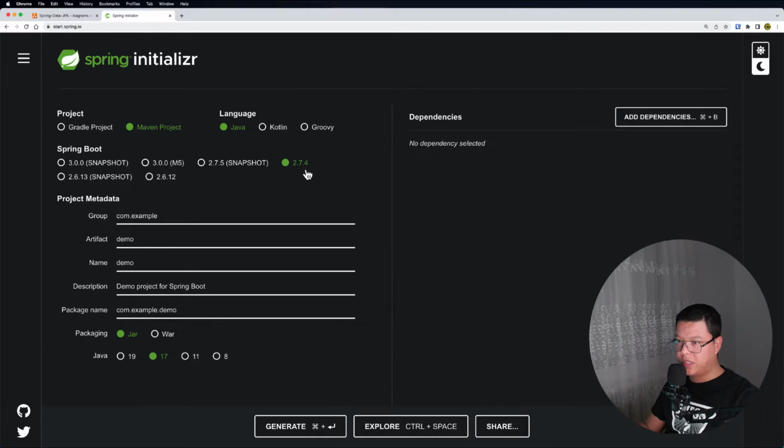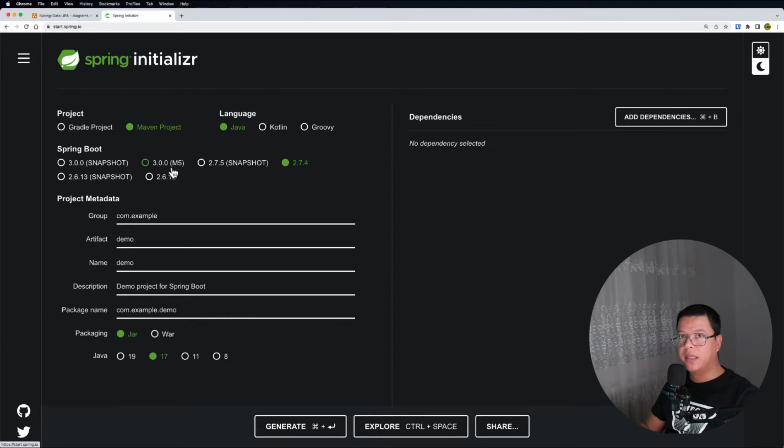Next, at the time when I'm recording this video, the version is 2.7.4. The 2.7.5 is still a snapshot, and in November they will release Spring 3.0.0, and I'm going to make a video for you guys about all the changes in this new version. This is going to be really amazing.